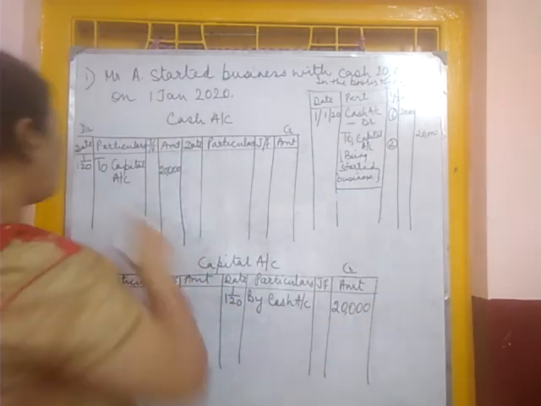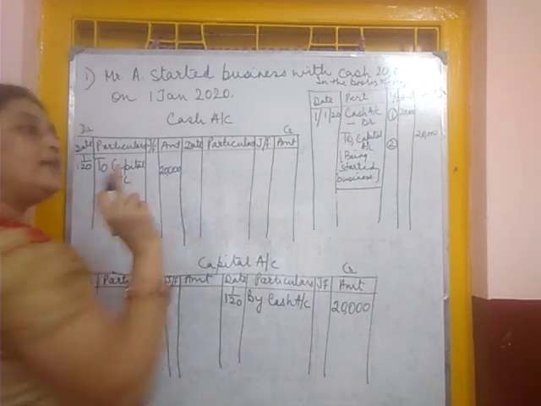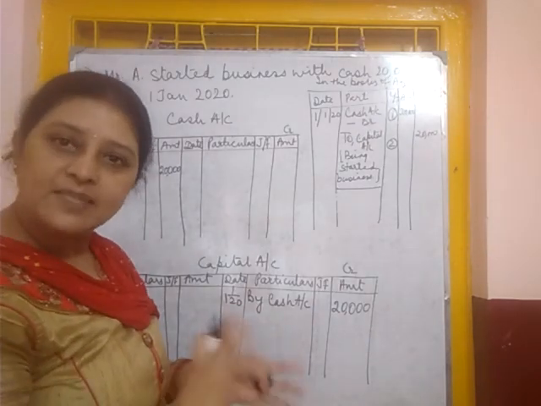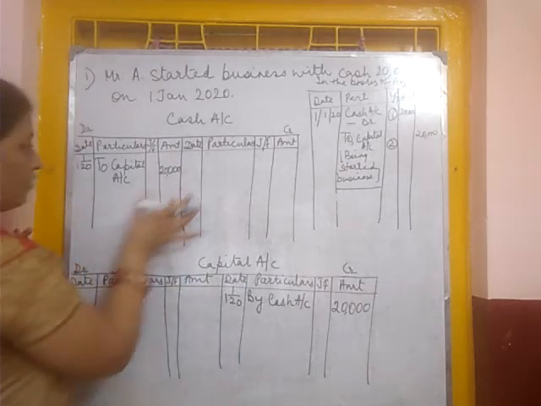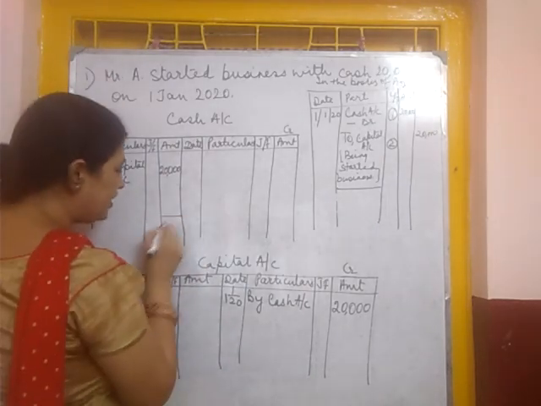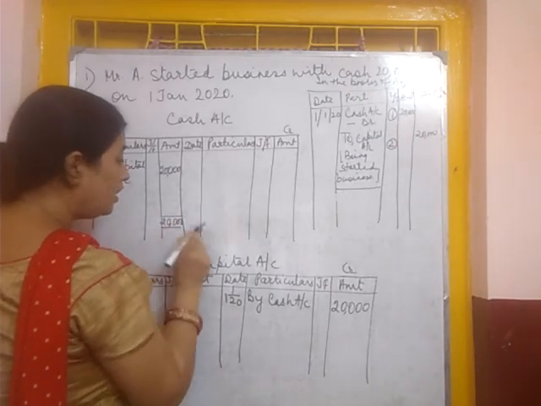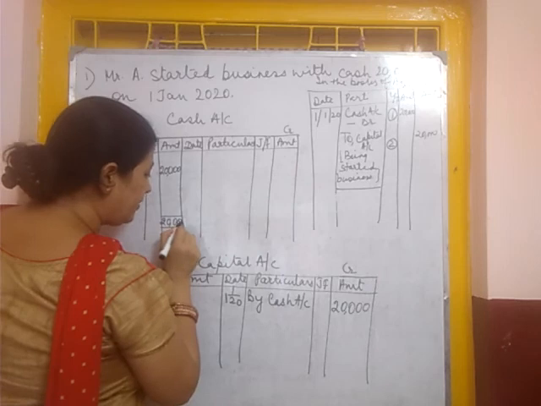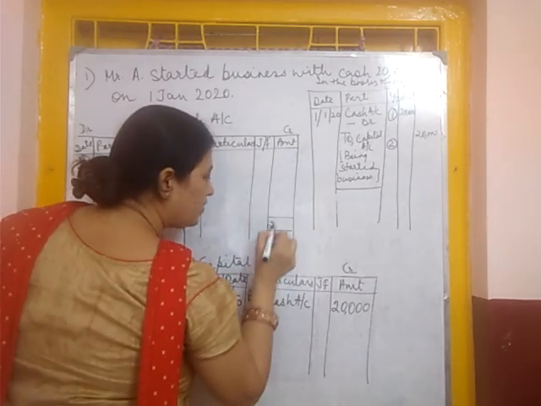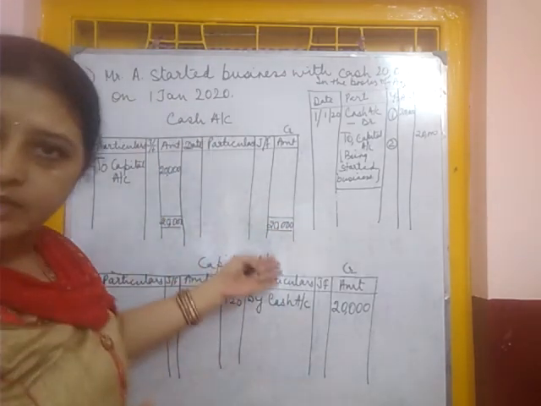Now for this, always remember that on the last day of the month, we do the balancing. What is balancing? Balancing means we have to do the total of the ledger. First of all, we will do the total. See, this side is 20,000. Now on this credit side, just in front of this, in the amount column, it will also be 20,000. Clear?